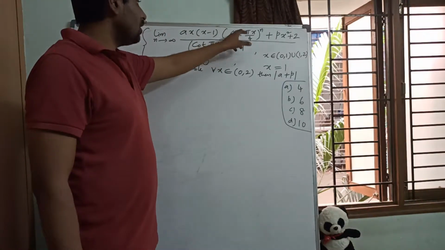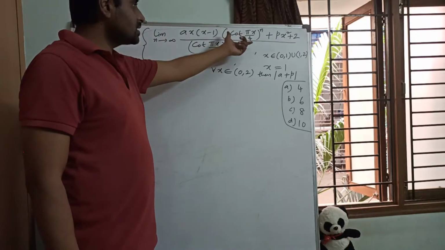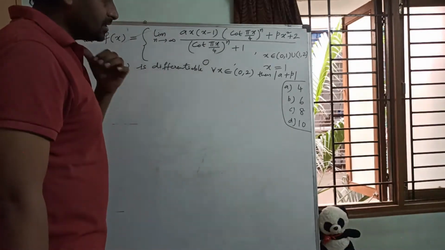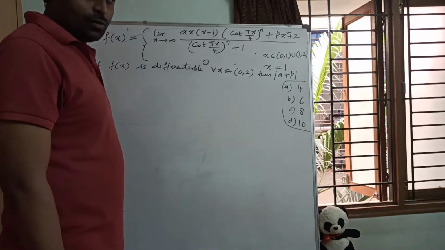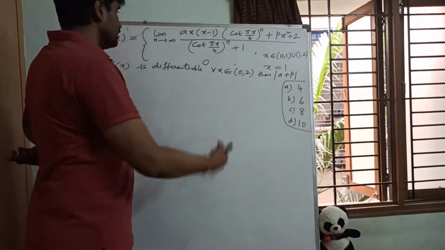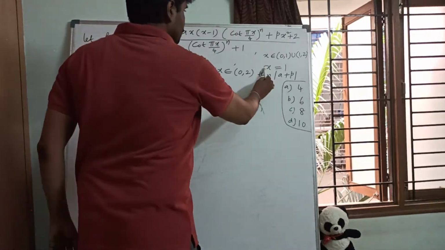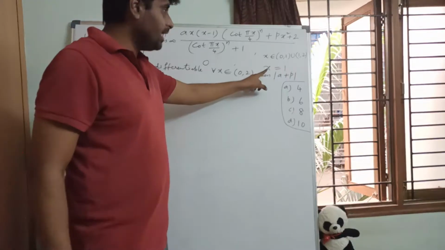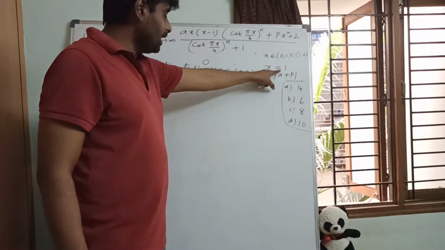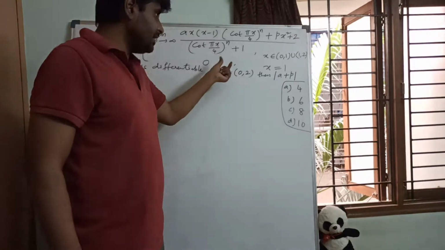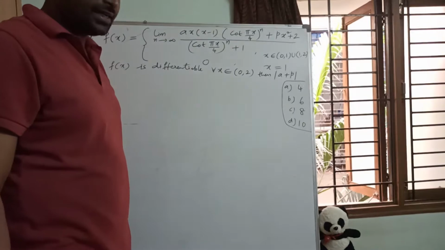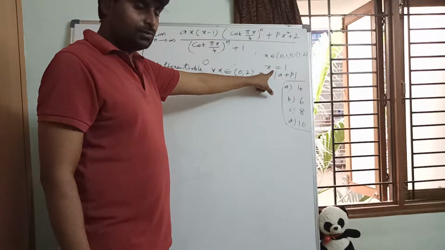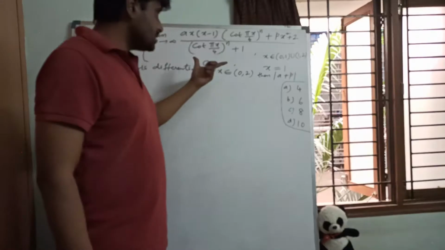So when you put 0 or 1, this is continuous only, it is valid. Obviously we are going to check continuity and differentiability for x equal to 1, so 1 below, 1 above, right? Now x equal to 1, 0 given means the function value at 1 is given, so only 1 below and 1 above we are going to check. We can understand that from this step also. The function value at x equal to 1 is 0.